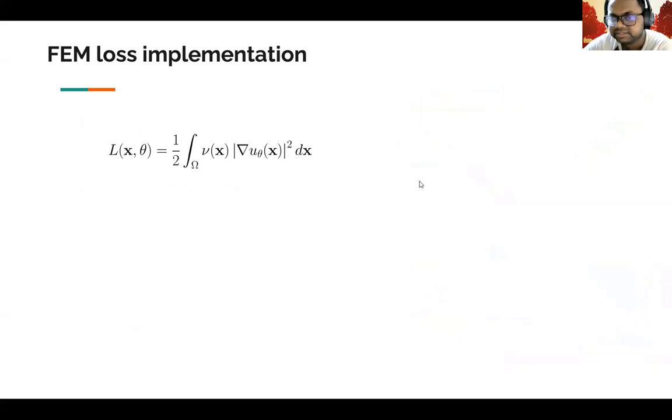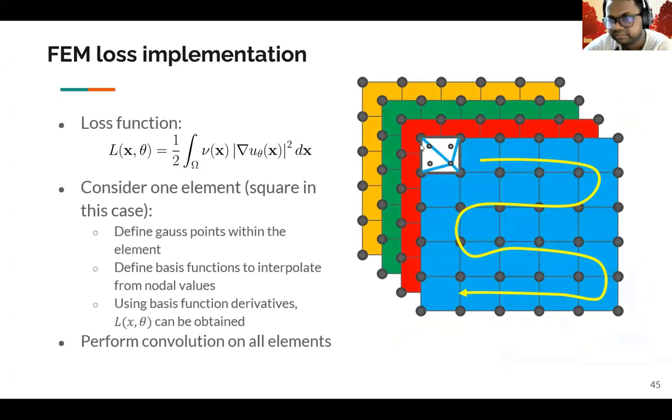Now what we do is from this one element, if you look at it, each basis function computation is nothing but using 4 nodes and interpolating these 4 nodes to get one value. Now, you can perform this operation for each of the basis functions. That gives you 4 different channels of a mesh grid. And from these 4 different channels of mesh, now we can perform convolution on each of the channels to obtain the basis function values at each Gauss point.